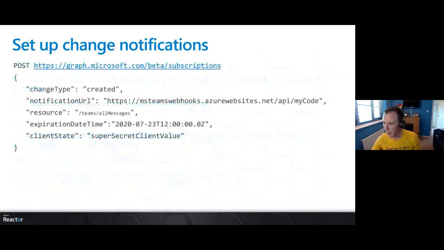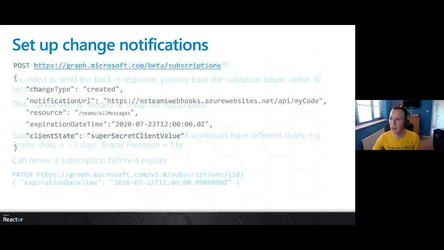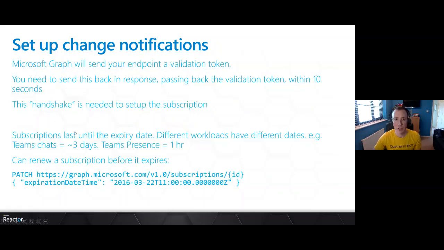Now, I didn't make clear here actually. The notification URL is where Graph calls you back on. So you have to have an API that is capable of receiving the stuff that Graph is going to send you, and that has to be kind of public and ready to go. What happens when you send this POST is that Graph will ping that endpoint with a validation token. You need to send that validation token back in a response in a very crafted way. It's all documented. That's like a handshake, because then Graph knows that the notification URL you supplied is legit, it's ready to receive it, and we're good to go.